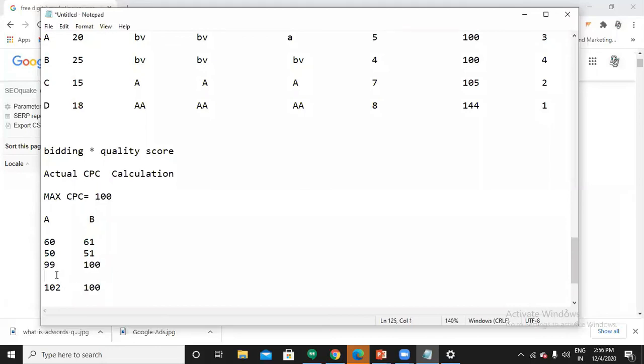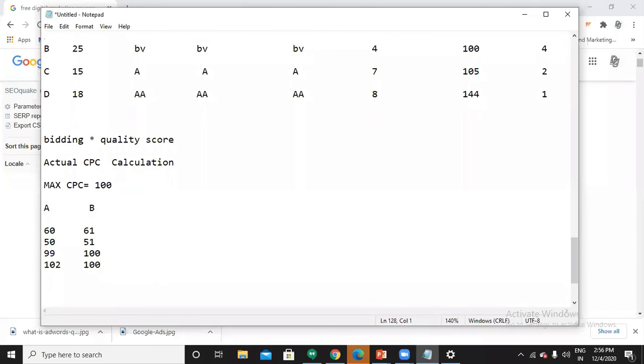Got it? This is how it works. But how exactly can we calculate this actual CPC? It is normally an extra 1 rupee compared to your competitor. This is the basic formula, but not the exact formula. The main formula is the ad rank score of your competitor below you.